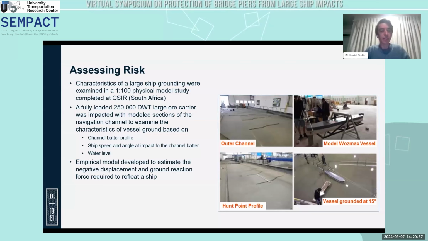So some of the unique outcomes from this study included that the highest risk sections of the channel were not where the channel was really heavily confined and had very steep and high channel batter banks, but were actually in the outer part of the channel where the ship would ground on a section of the seabed where the seabed slopes were a lot flatter, and so the contact area between the ship and the seabed was substantially higher. That was the critical area for refloating the vessel.